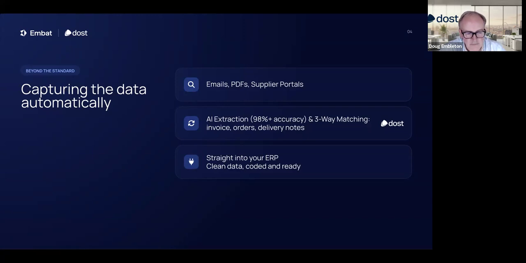So if you can free the AP team so they're not doing admin work, they can look upstream and say, this supplier consistently does not put this on the right invoice. But also with this sort of advanced AI learning, you can do clever things like, a description on an invoice from a supplier may be different to the SKU description on the purchase order from you requesting the goods. So again, you can start to automatically map. So as documents come in, they can resolve themselves with self-learning, which is the really important factor.